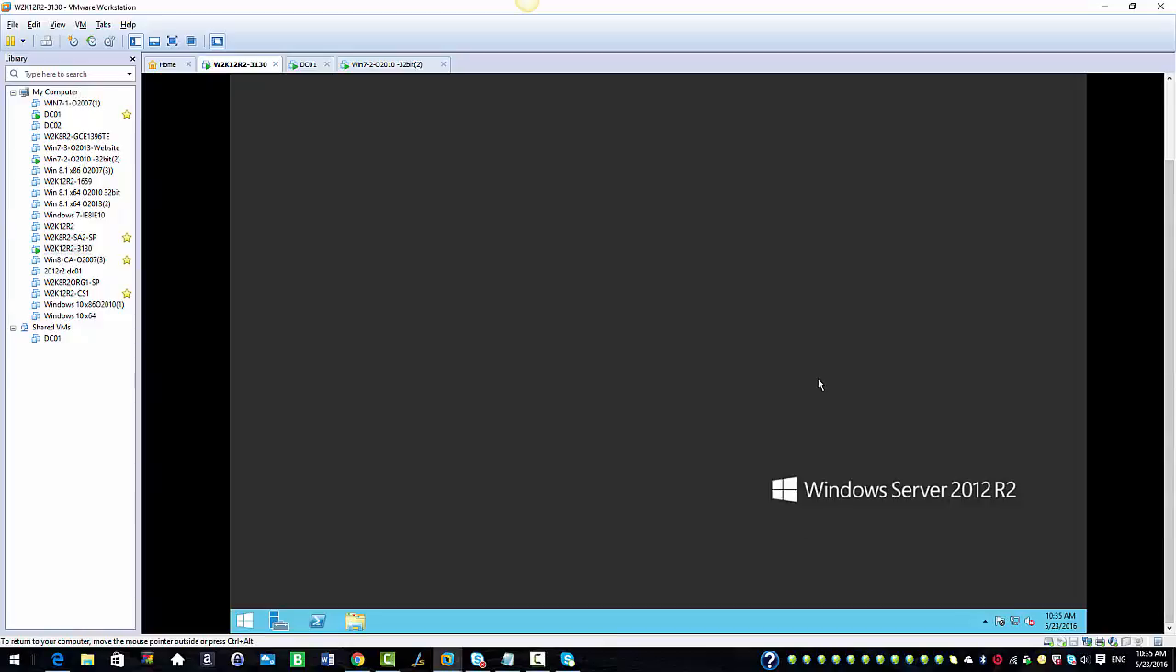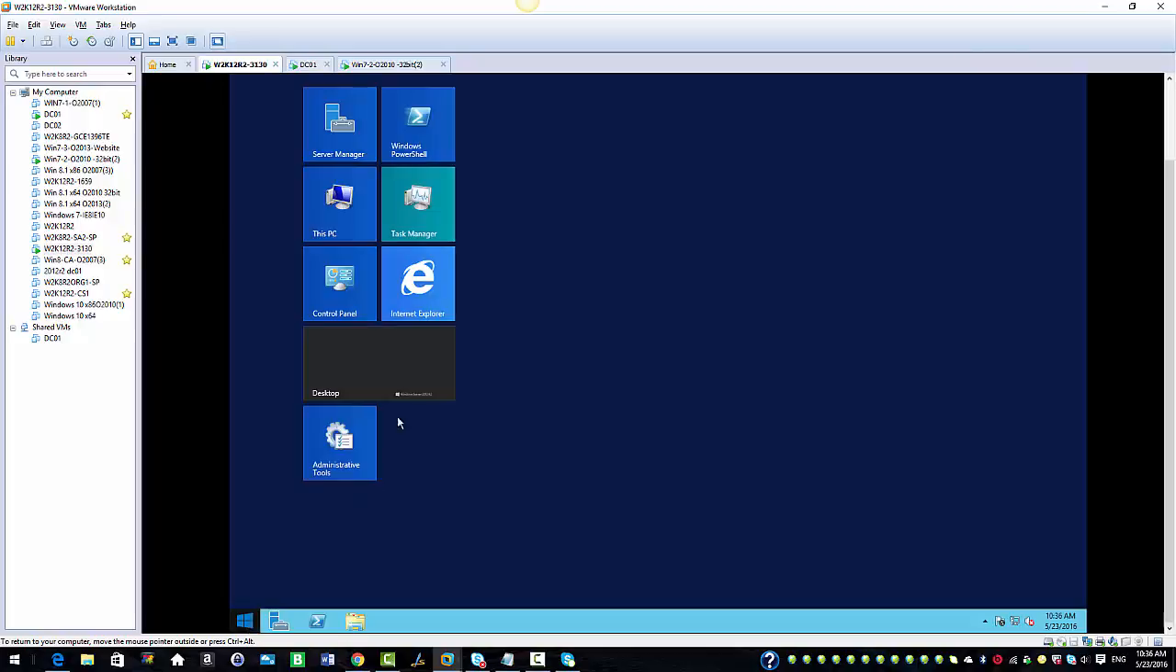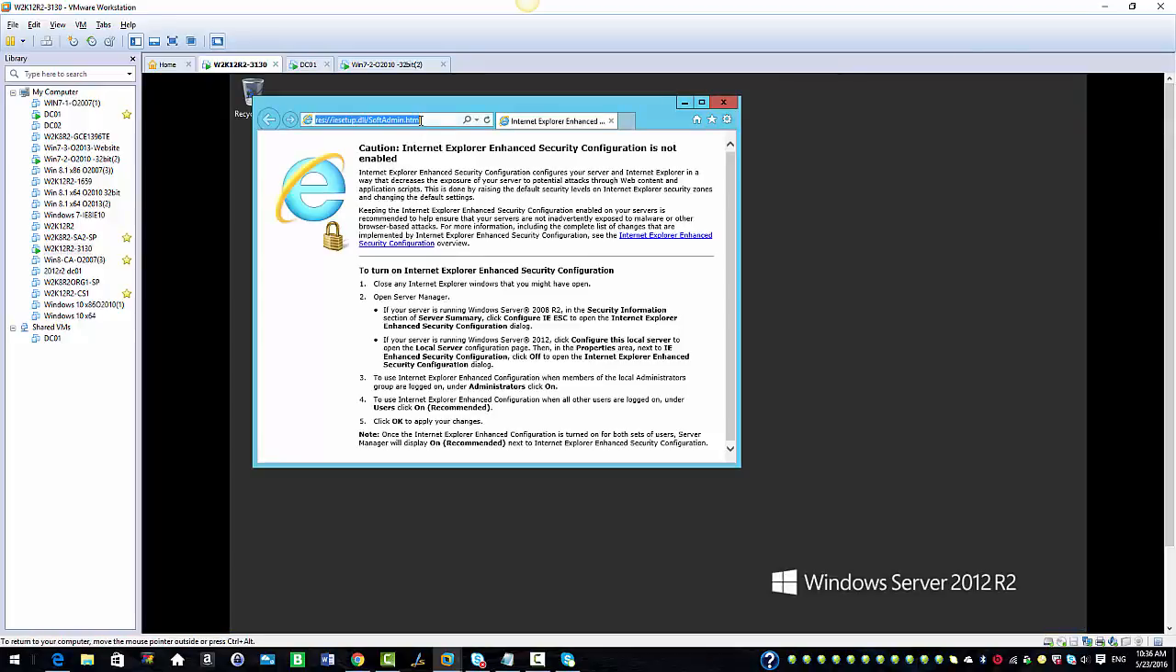Today I'm going to give you an overview of the basic installation and configuration of CentreStack software. I'm going to be using a brand new virtual machine, which is a Windows Server 2012. I'm going to go ahead and launch my Internet Explorer. And I'm going to go ahead and enter the CentreStack website address, which is